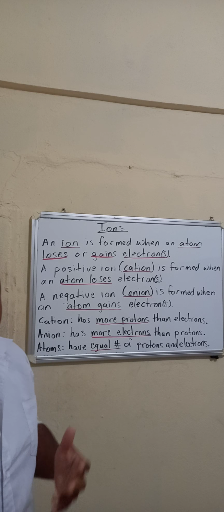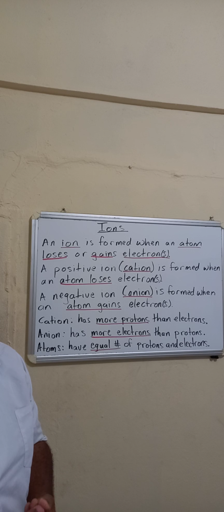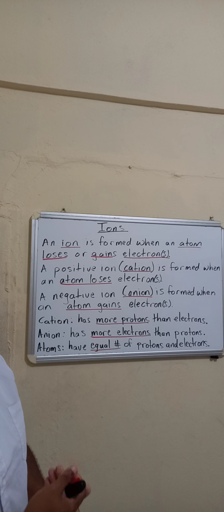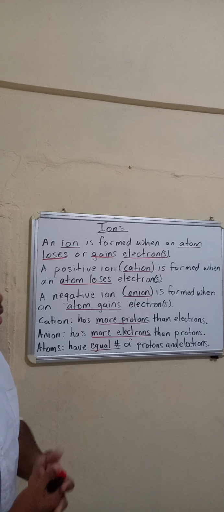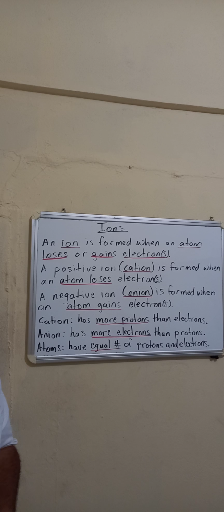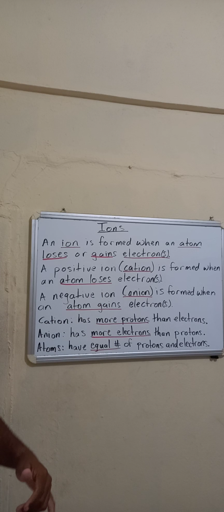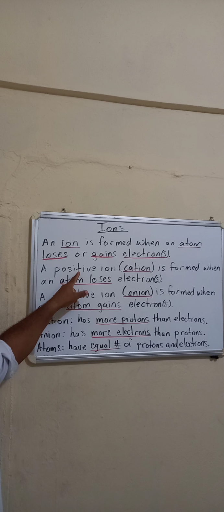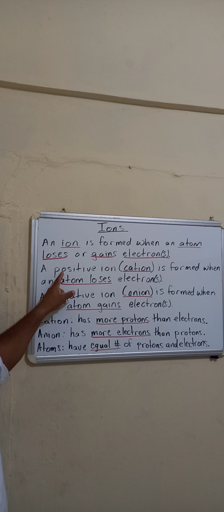So if an atom loses an electron or gains an electron, it will become positively charged or negatively charged. So that is what we call an ion. Alright? So the ion is formed, as you can see here, when the atom loses or gains electrons. Now, if it loses an electron, one or more electrons, it will become positively charged. Alright? And the reason for that is once it loses an electron, it forms a positive ion, which we will